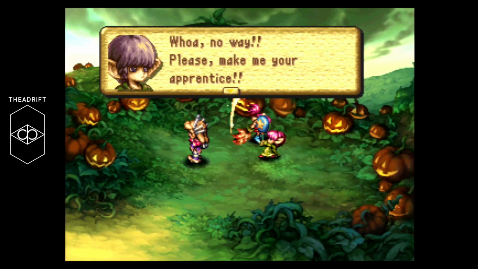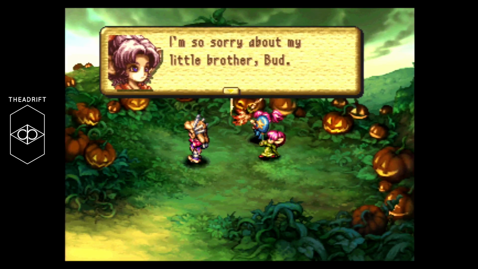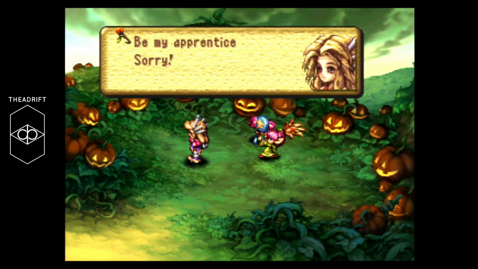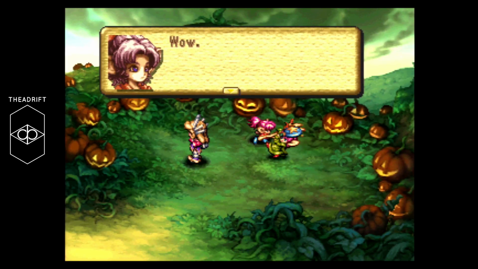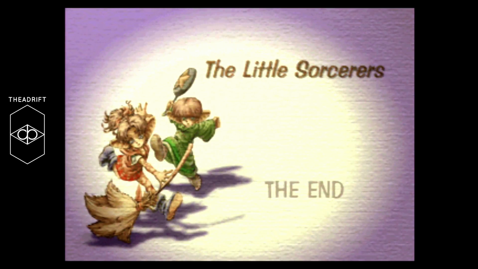Whoa, no way. Please make me your apprentice. I'm so sorry about my little brother Bud. My name's Lisa. Bud is such a prankster. Be my apprentice! Wow. How generous? Oh no. Oh no. That's so cute though. So does this mean...